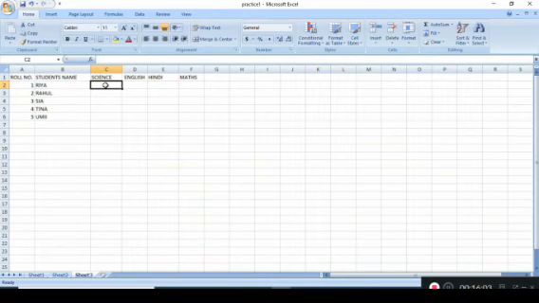Okay, so for editing any cell value, we have to first write down the data here. Okay, now as you can see here, I have written some digits, that is the numbers, that is the score marks of science subject of these students. Okay, now I want to edit these data.